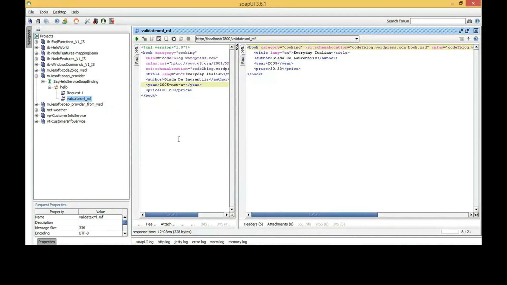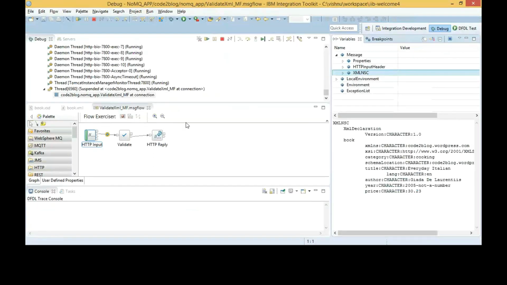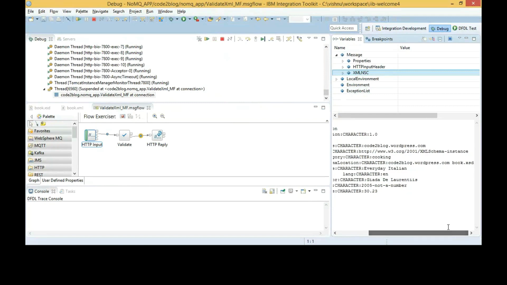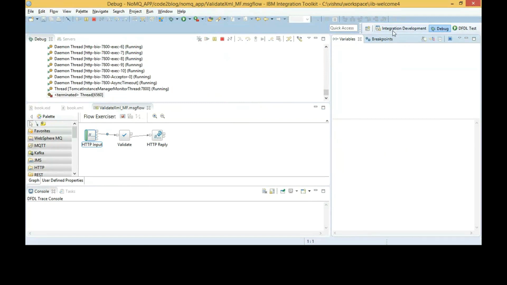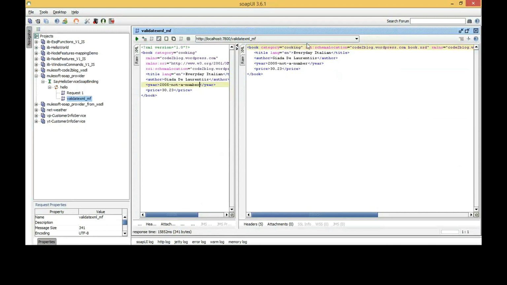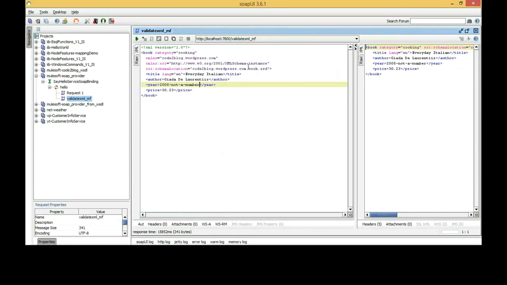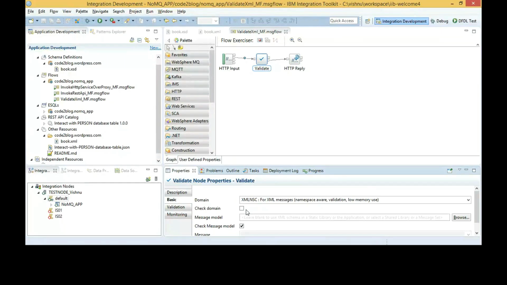Now I will change the value for year as not a number. I expect an exception to be thrown by validate node, but still that exception does not occur. Year field, which is supposed to be a number, is now accepting alphanumeric values.